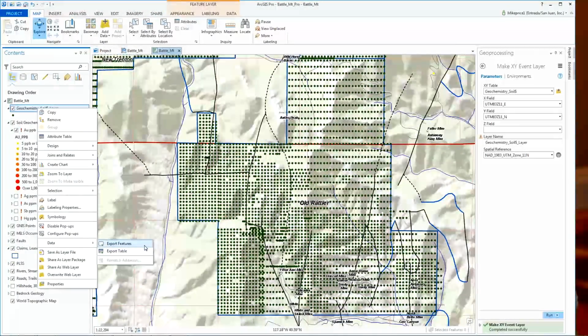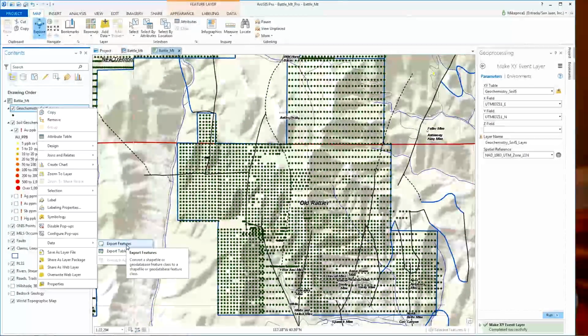Now here's a trap. Watch carefully. The first option is Export Features. The second option is Export Table. We're going to export more than the table. We're going to actually export the XY event points as features. So select Export Features,